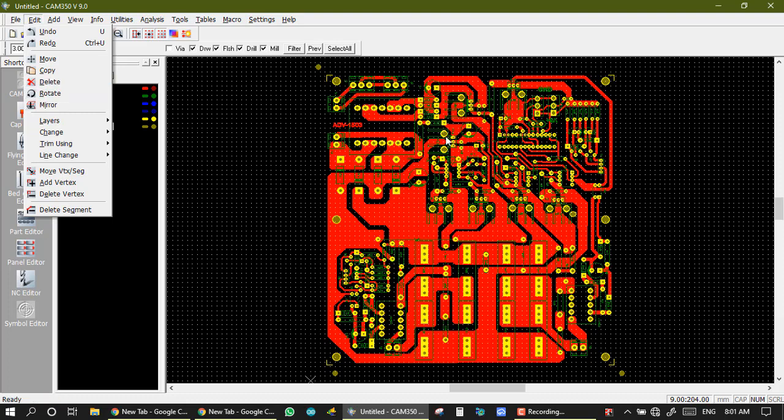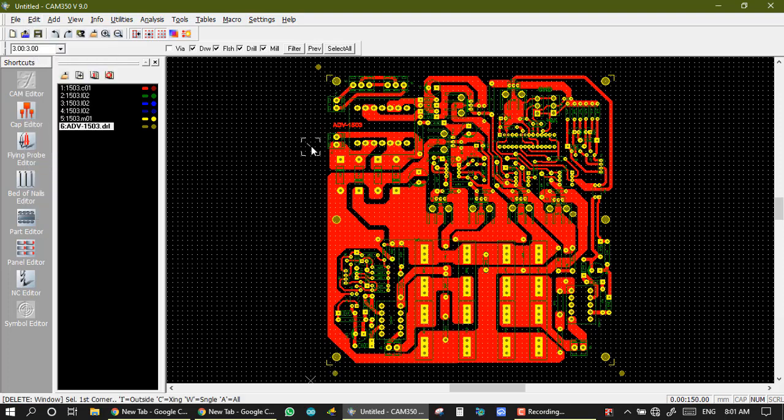In this Gerber, my Y axis is big, this is my Y axis, and this is my X axis. So the X axis is short compared to the Y axis. If I want to make the X axis greater, then I rotate it by 90 degrees. So my X axis is big and Y axis is short.